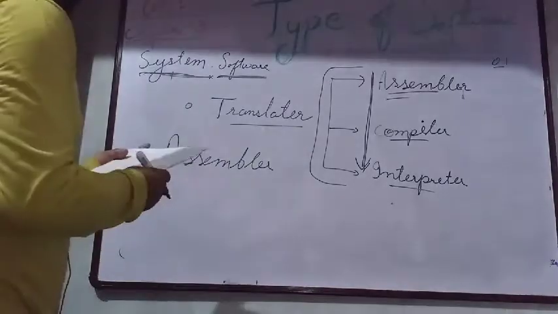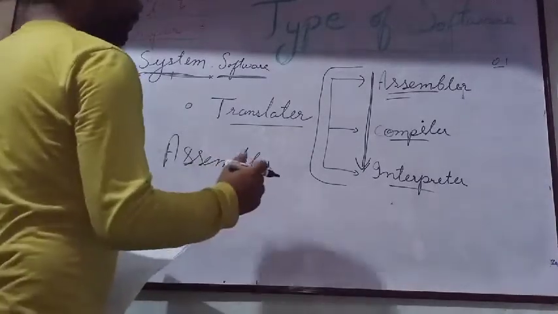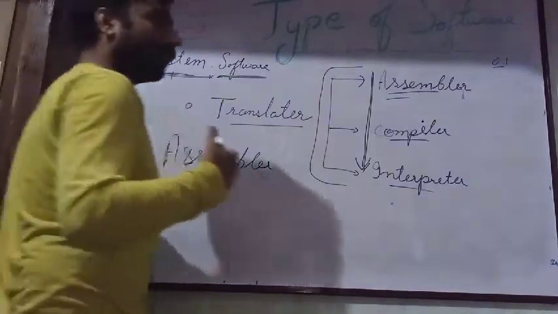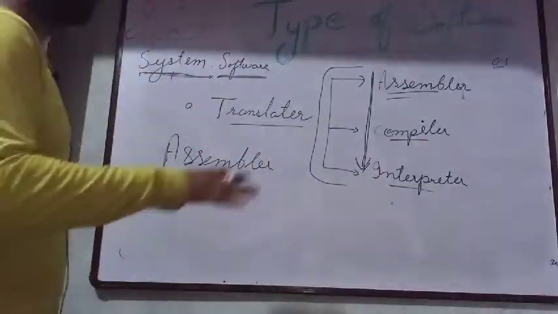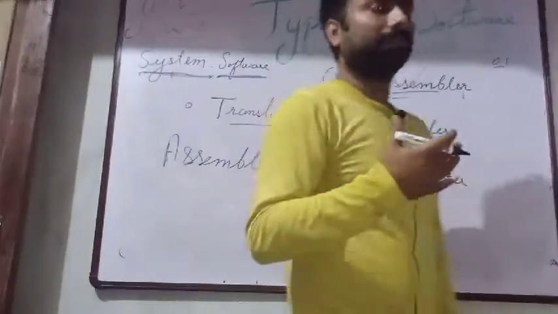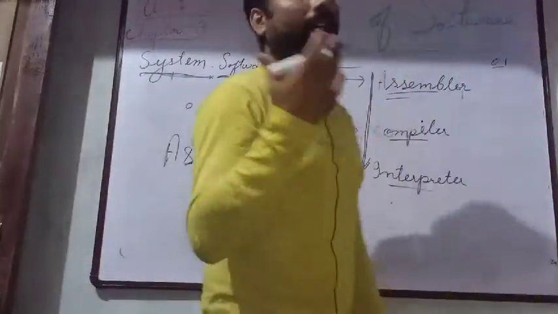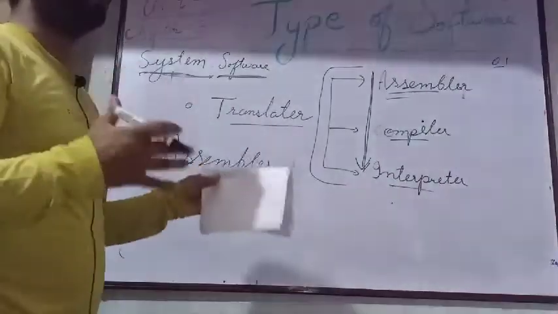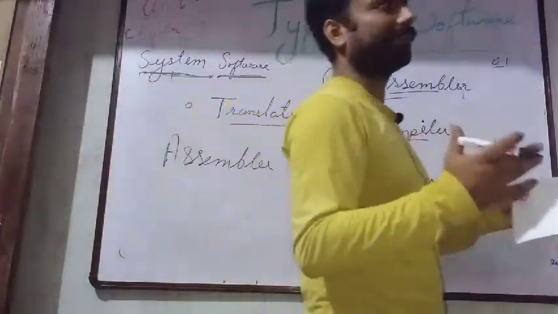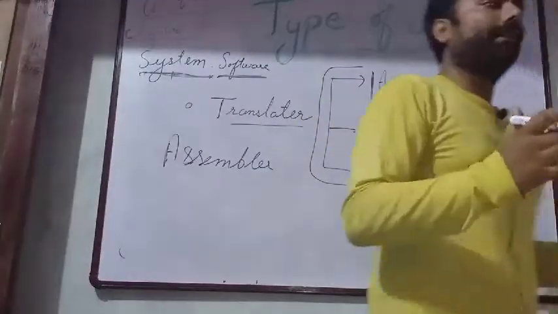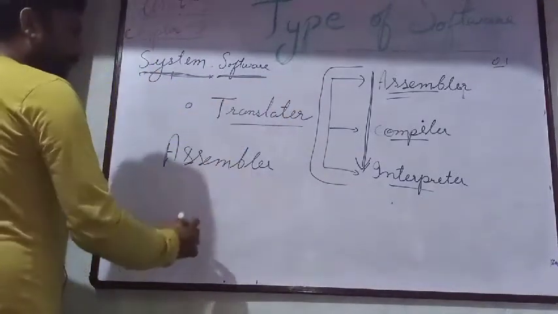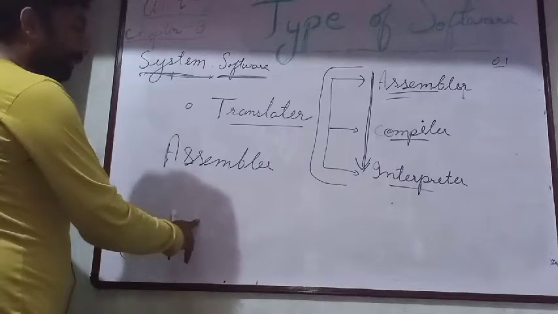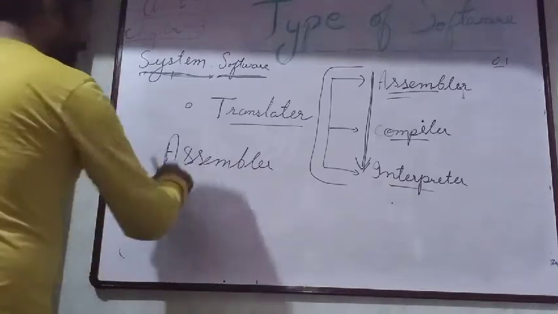Assembler is assembling software. It was from the beginning of the computer, when the computer was just made and programming was going on. Everybody was just learning about the computer. It was a very big thing to purchase a computer. That was 15, 20, 25 years back, when the computer was there in the market. The software written at that time was in what was called assembly language